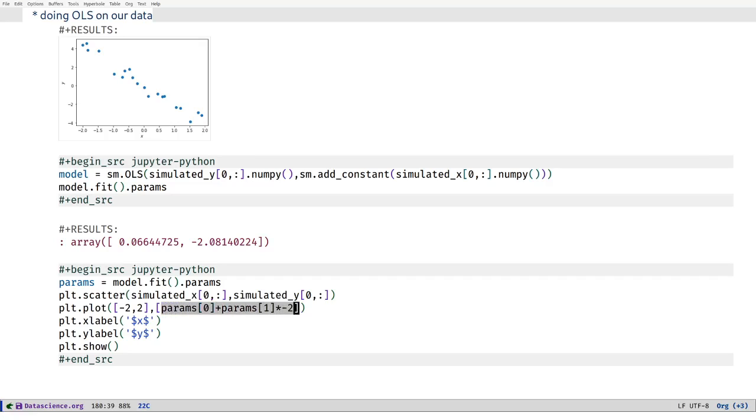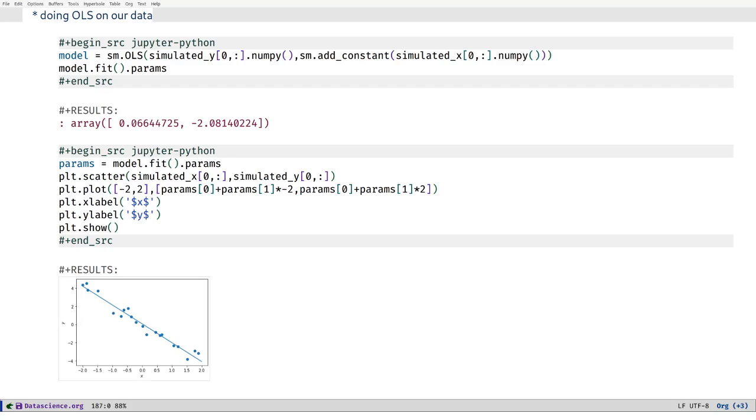And then I can copy this. And for the second one I have +2. Yes, I have 2 x coordinates, -2 and 2, and on the OLS line that corresponds to this coordinate for y, corresponds to the -2, and this one corresponds to +2. So I can run this,